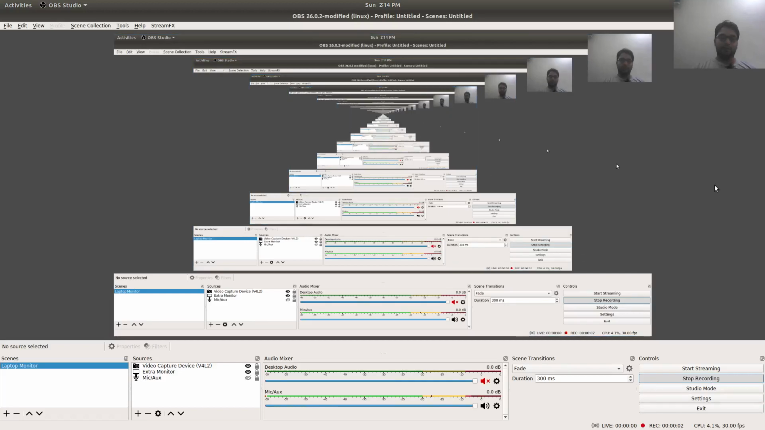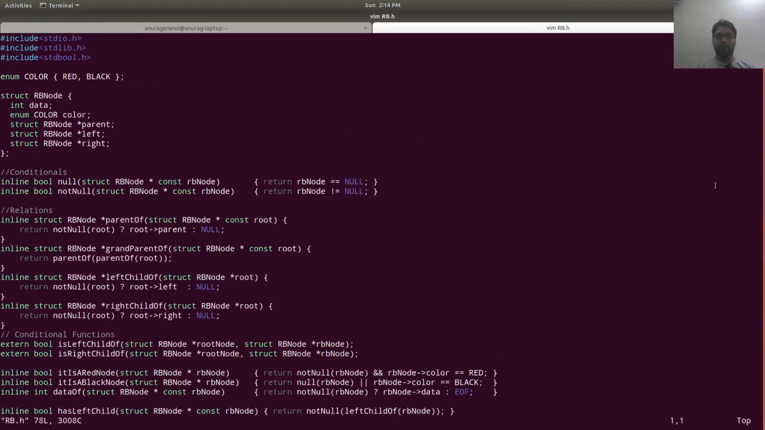In today's video I will be working on node rotations in the cases where the grandfather, the children, and the grandchild are in the same line. That means